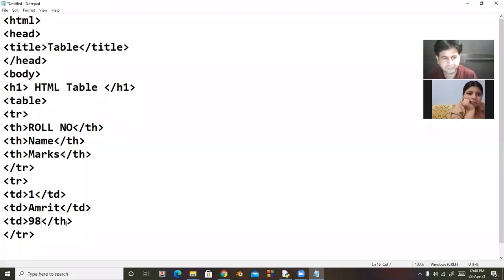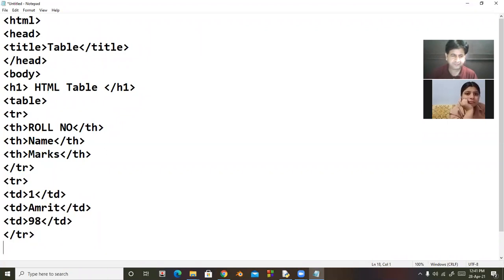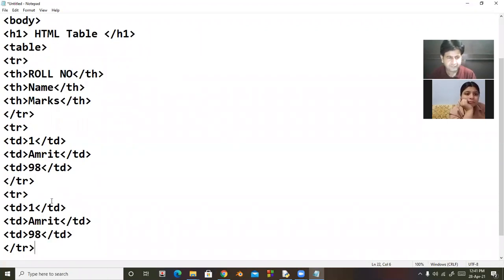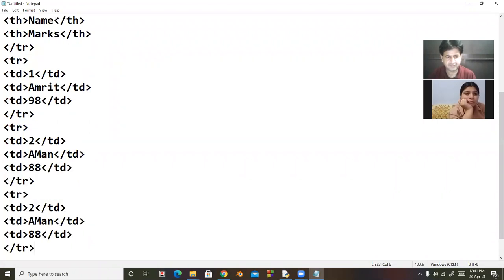Then marks. After that, I create another row, and here row number 2. Marks. Then row number 3.